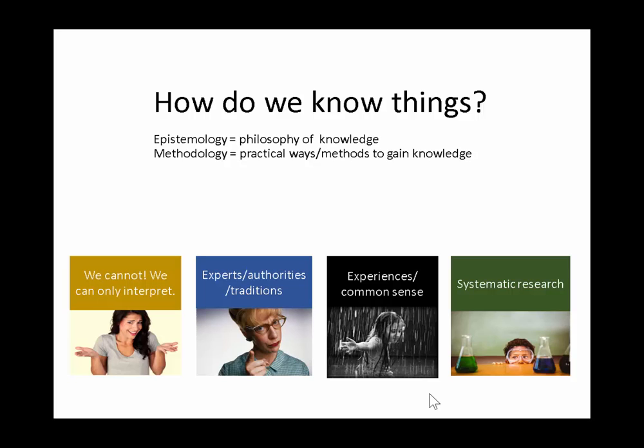Okay, so how do we know stuff? Let's backtrack a little bit and talk about the philosophy of social science. This is the only lecture where we bring these kind of things up. We could take a whole series of lectures about that, but we only have one. Nevertheless, let me expose you to a few of those thinkers that are important for the context of how we know stuff.